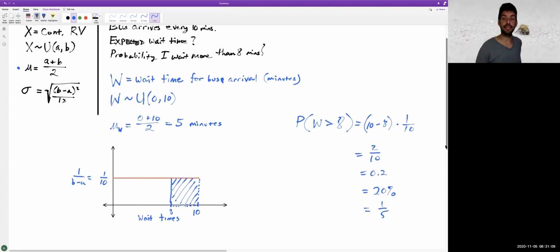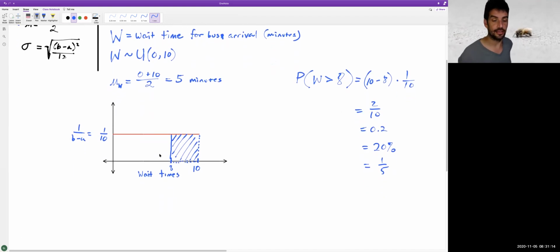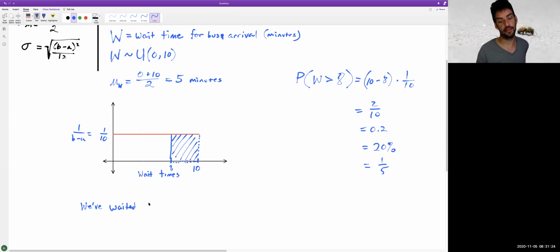Okay, let's complicate this one more time, just a little bit. Let's now consider the following situation. Let's say we've already waited 3 minutes. Okay, we're starting to get a little nervous. Let's say we know how long this bus takes to get there. If we have to wait 8 or more minutes, we're going to be late for work. So we're getting really nervous that we're going to have to wait that long and be a little late. So we are now asking, what's the probability